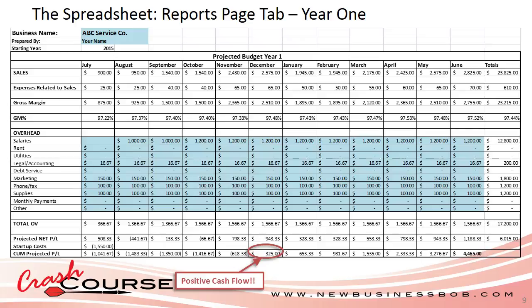budget for year 1. It starts in July, and if you read down, you can see here we have sales of $900, expenses related to sales is $25, our gross margin is $875 for a 97% gross margin, which is really good. And then overhead costs, if you'll see, the salary figure here is nothing, and I've done